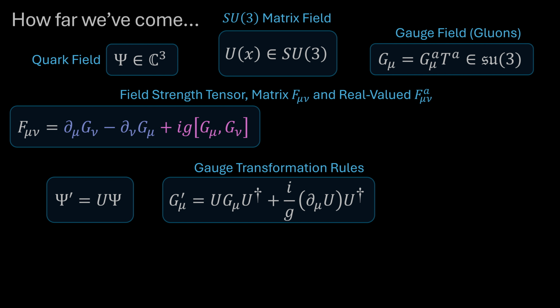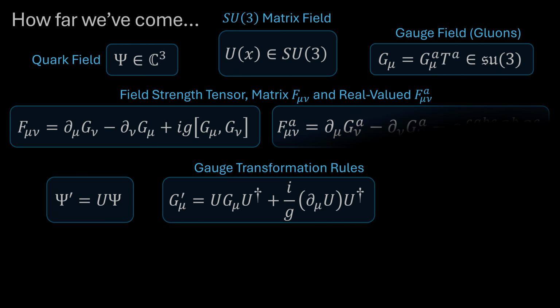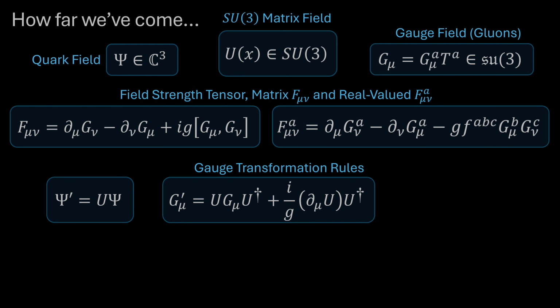And then, having explored the definition of this field strength tensor, we realized, hey, wait a minute, because our gauge field lives in SU(3), then when you look at how the field strength tensor is defined, necessarily the spacetime components of F^μν also live in SU(3). And what do we know about things that live in SU(3)? You can write them as 8 real numbers, thanks to the octopus. So then we have this notion of 8 real-valued field strength tensors for QCD. And these can be indexed with a running from 1 to 8.